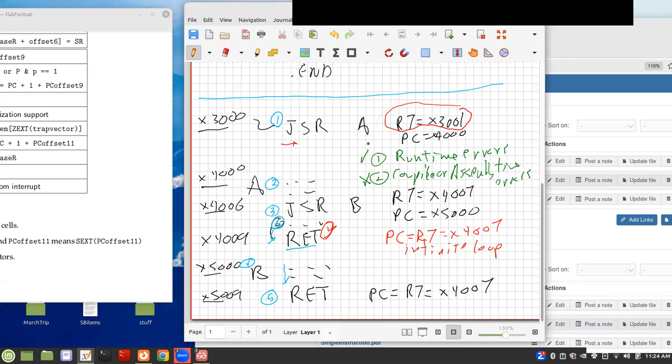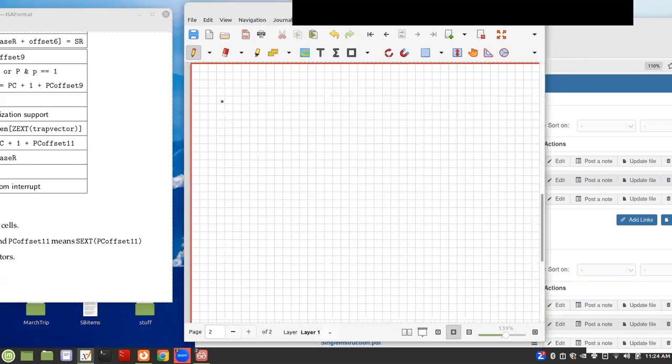Now in the puzzle, you had this program with the infinite loop and it asked you what kind of error it was, and the second part was you were supposed to fix it. The way to fix this, if I want to call JSRB here, is this: the problem is this line here. You're erasing the 3001, right? So the fix, when you want to call a second subroutine, is to